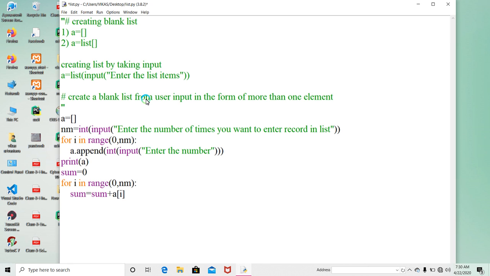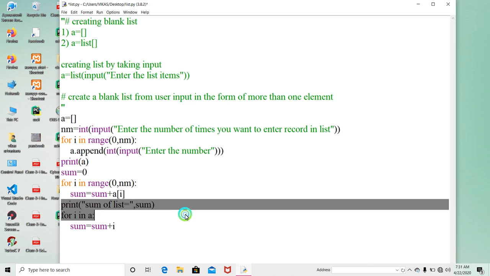We can also write like that: for i in a, sum is equal to sum plus i. Both ways may find the sum here. Print sum of list is equal to, comma, sum.